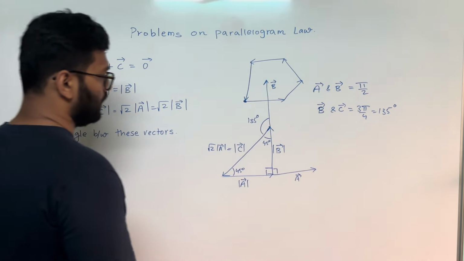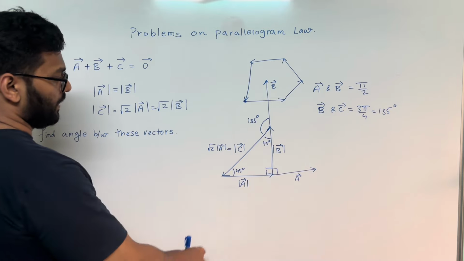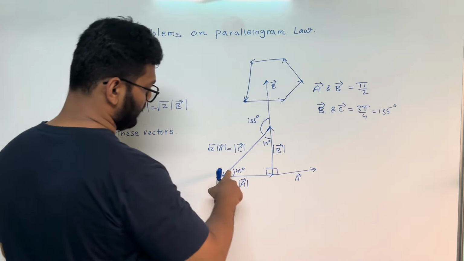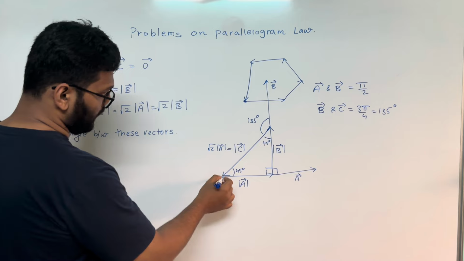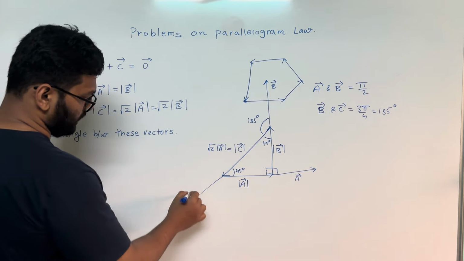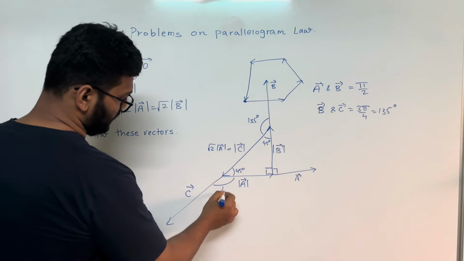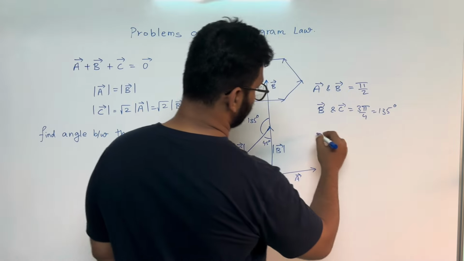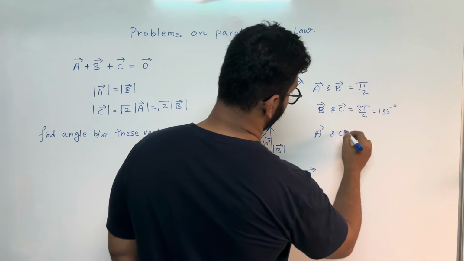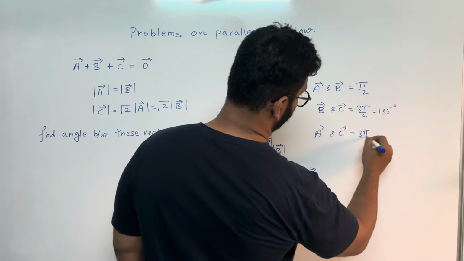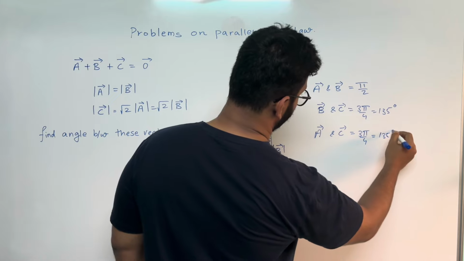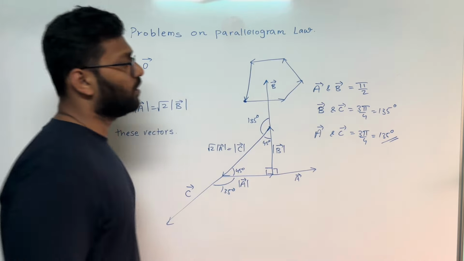Very good. Now what is the angle between a bar and c bar? a bar is like this and c bar is like this. So I can translate c bar like this, here. This is the c bar vector, and again this is 135 degrees, the same value. It is going to be 3 pi by 4, the same value, 135 degrees. So you got the answer for